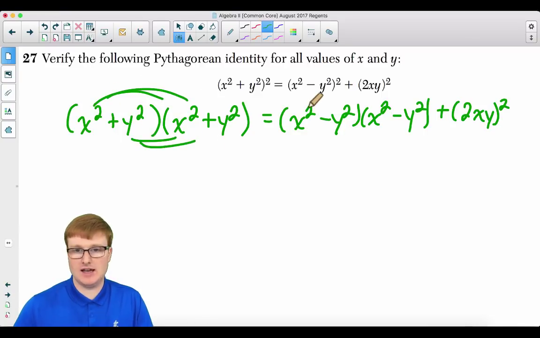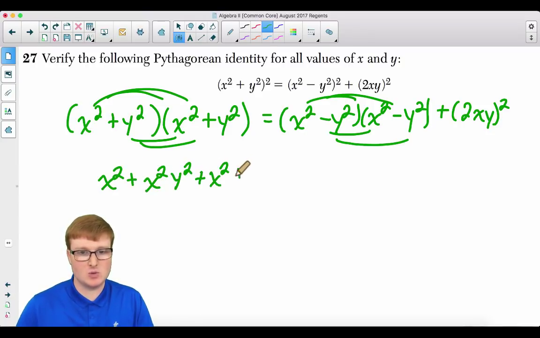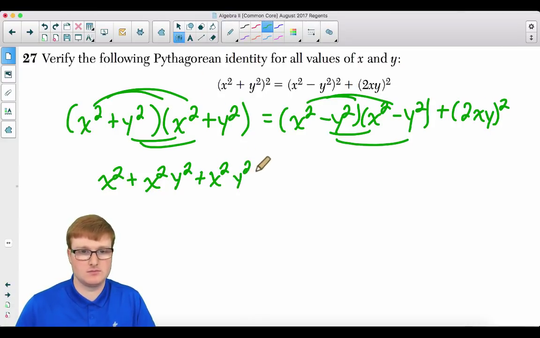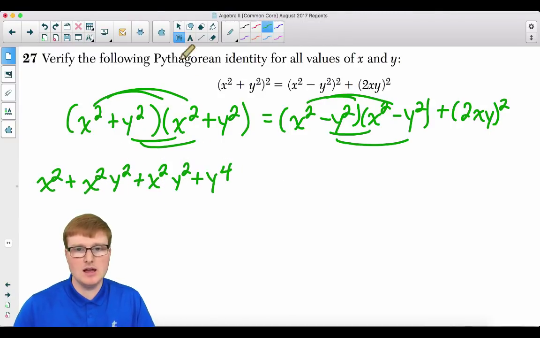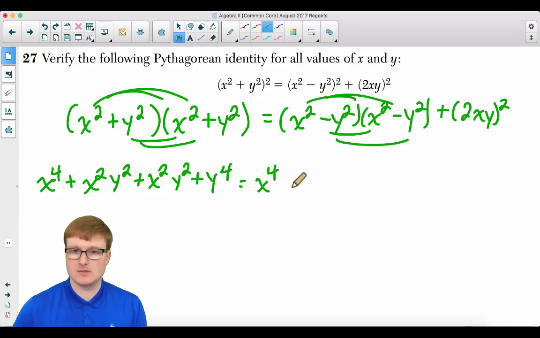Distribute this, first outer inner last, first outer inner last. We get x squared plus x squared y squared plus x squared, plus x squared y squared plus y to the fourth. I'm going to move this over real quick because I definitely need more room. This is equal to x squared. No, sorry, why am I saying x squared? It's x to the fourth. X to the fourth minus x squared y squared minus x squared y squared plus y to the fourth plus,